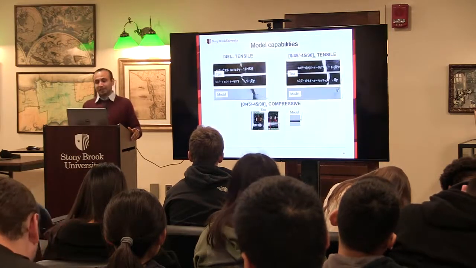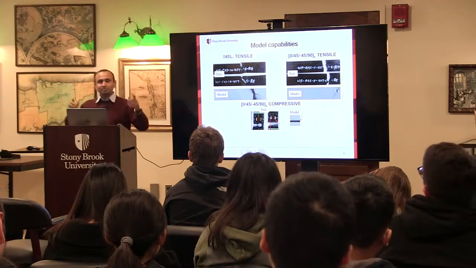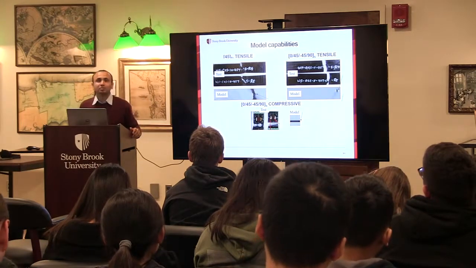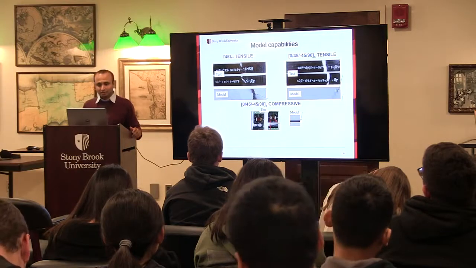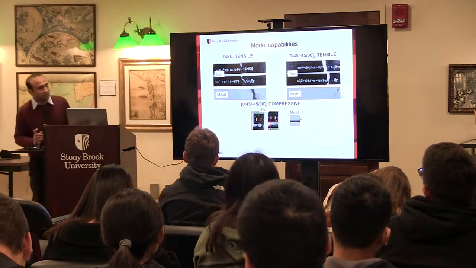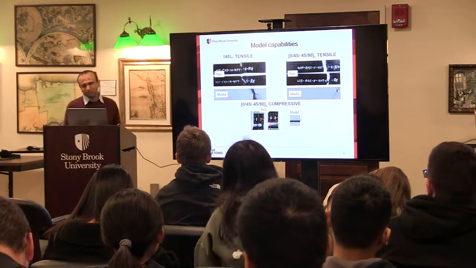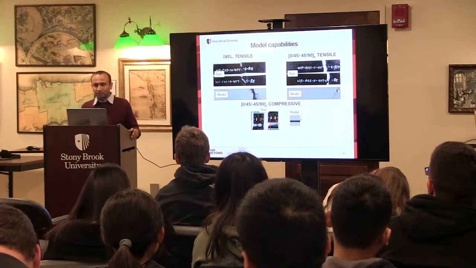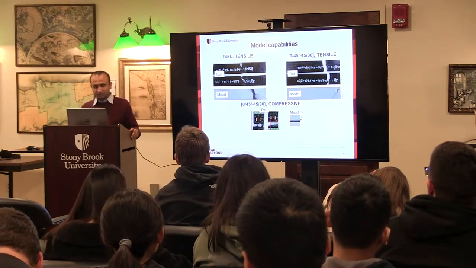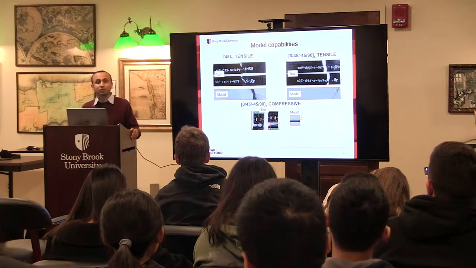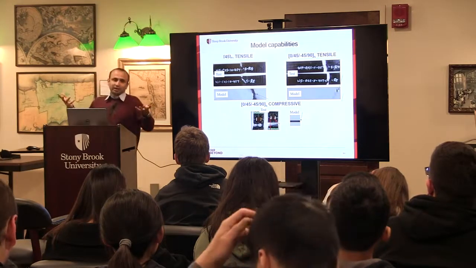So these are some broken specimens after tension tests of a composite. They are black because it's carbon fiber, and you see how the crack is formed here. On the left, these are two different types of composites tested in tension, and on the bottom we show compression. And the model, you see how it predicts a crack in a similar way. Whatever is black is like a crack.